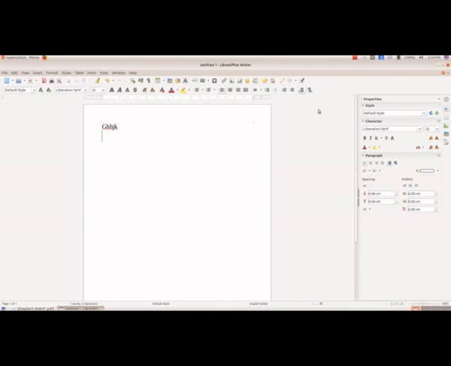And if we are typing, we will get the Malayalam letters instead of the English alphabets. So each time when you type, you will get the Malayalam letter corresponding to that.